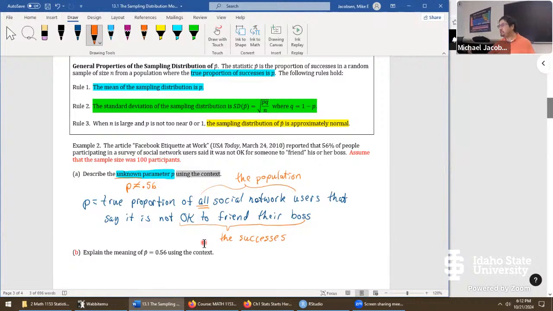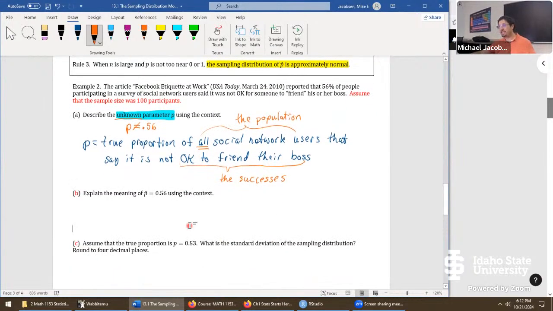Okay, the easiest mistake to make again is to say P equals 0.56 in this response. But just as a reminder, the 0.56 was just an estimate. We still truly have an unknown parameter. Next, here's where this one gets a little bit tricky.